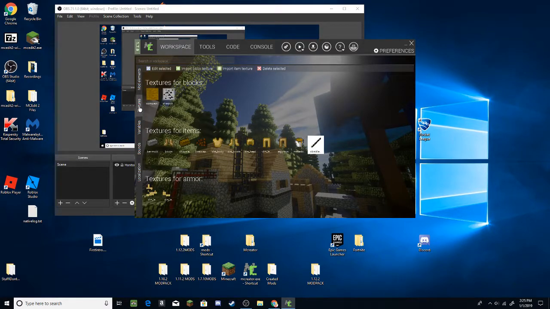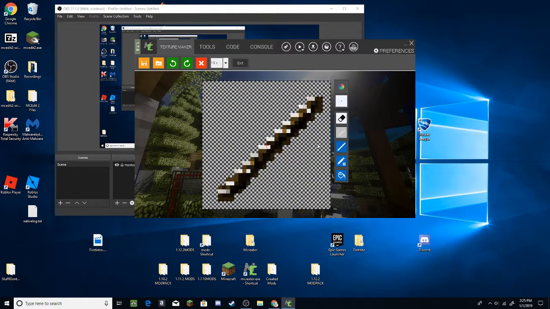mod elements, textures, variables, sounds, and localization. I'm going to click on textures, and then right here is my obsidian rod, or it would just be a stick, or whatever texture you made for your item or block. Go ahead and double click on that, and I know it's very messy. It kind of looks like